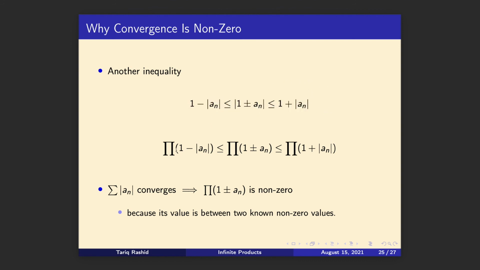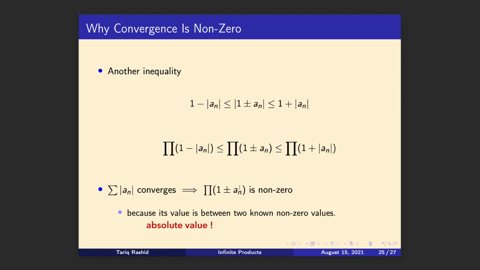But when we recast it as those products, we can say 1 minus that magnitude and 1 plus that magnitude, and then in the middle we've got the plus or minus. What that's telling us is that if that sum converges, then the product in both directions, plus or minus there, is non-zero, because we've shown that in both cases it is non-zero, because its value is between